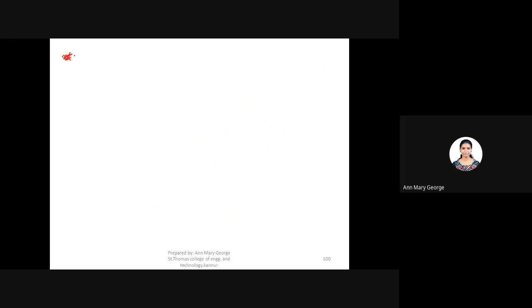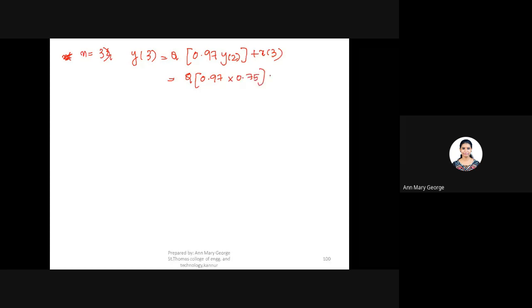For n equal to 3, you will get y of 3 as Q of 0.97 y of 2 plus x of 3, which will be equal to Q of 0.97 into 0.75 plus 0, and Q of 0.7275, and therefore 0.7275